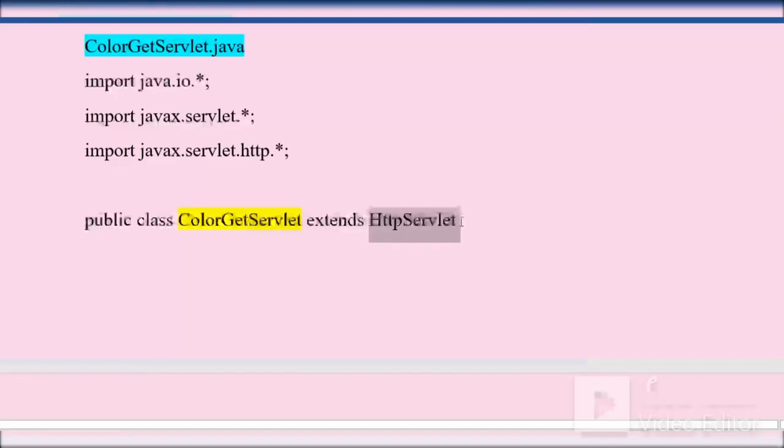HttpServlet class. Now for extending this HttpServlet, we require the package javax.servlet.http.*. And for basic lifecycle methods, we require javax.servlet.*. IO is for input output operations, for printing operations.